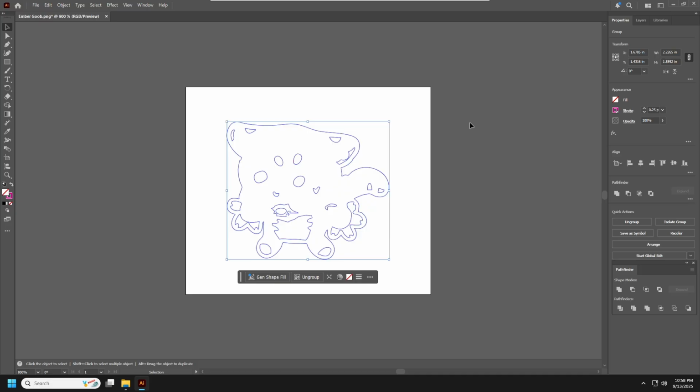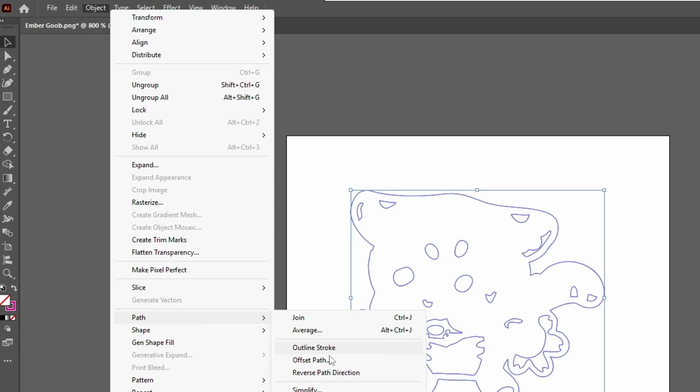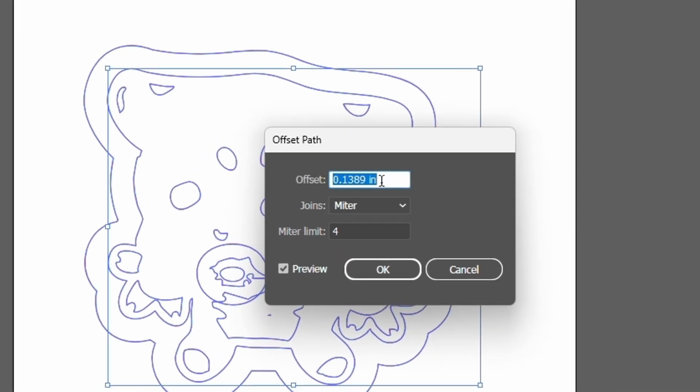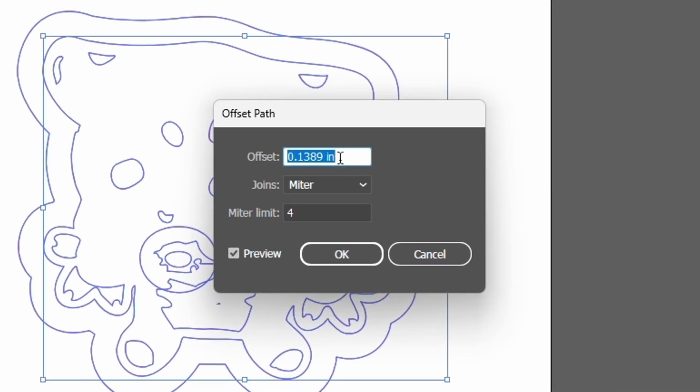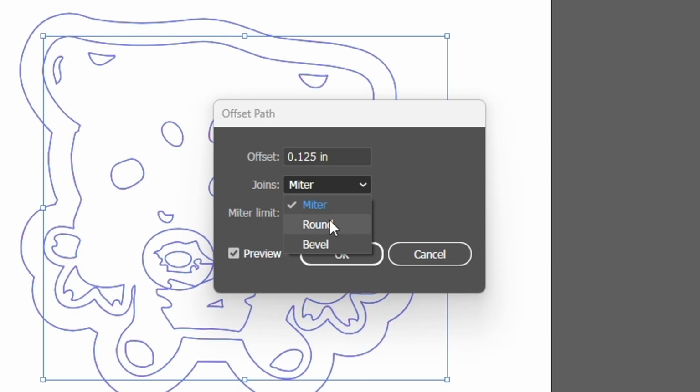Next, we are going to create the outline of our sticker. This is the white space around perf cut stickers. We are going to press Ctrl A to make sure everything is selected, go to Object, Path, Offset Path. For our offset, I prefer 1/8 of an inch. But again, you can choose any size you'd like. But I've found that 1/8 of an inch is a good offset for 2-inch or medium-sized stickers. I'm going to type 1/8, and it will automatically do the math for 1/8 of an inch. I'm going to set the joins mode to round, and then hit OK.